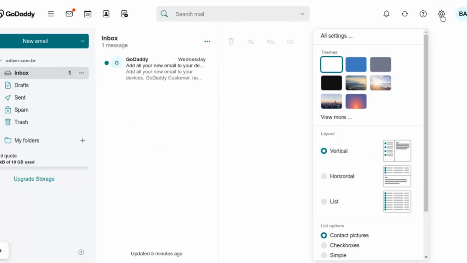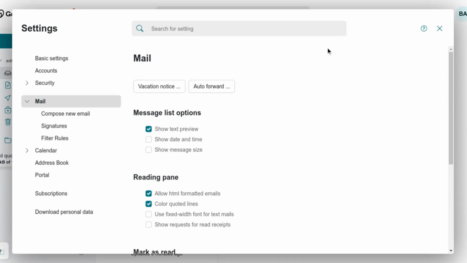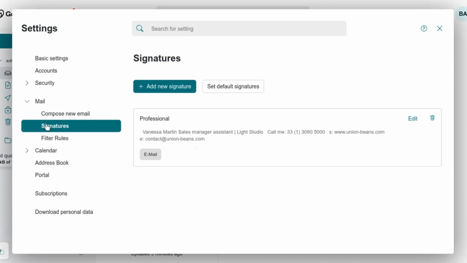On the main page, click on the gear located in the upper right corner and on the All Settings button. Next, select Signatures from the side menu. To add multiple signatures, you can use this button. We've already created the first signature. Now let's create a second one for sales and a third minimalist one using ByBrand.